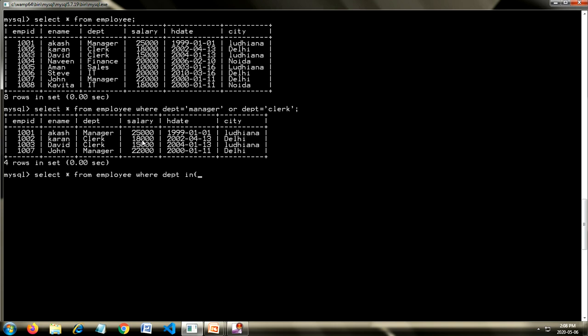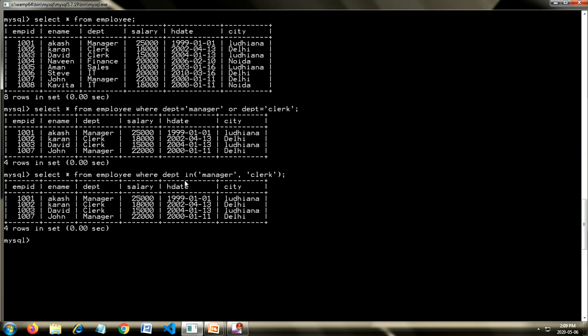So here I will not use department equal to, I will use the keyword IN, and simply write down those values. If they are text values, of course I will write them in single quotes and comma, then the second value. Now you can see I have shortened my query, and I will get the same result.